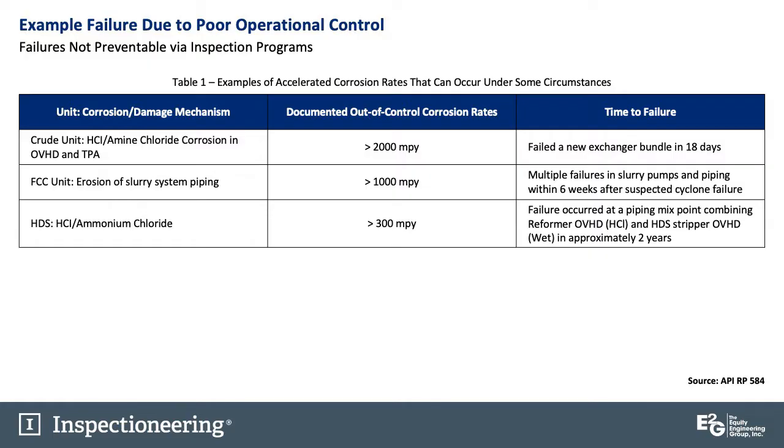This second example, this FCC unit erosion of a slurry piping system, the IOW involved there is the ash content at the bottom of the FCC fractionator. That is a common IOW in most refineries, and a common limit for that ash content is 0.5 weight%. If you have ash content higher than that, it indicates a lot of catalyst carryover from the FCC reactor to the fractionator. The result of that catalyst carryover can be erosion failures, particularly in the high velocity slurry pump area at the bottom of the fractionator. And that's in fact what happened here.